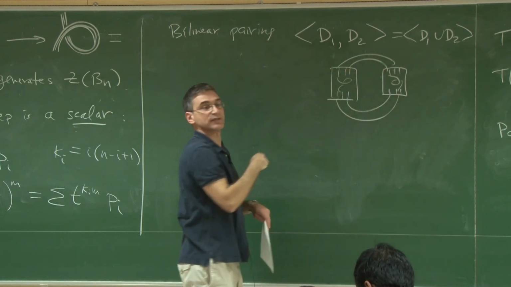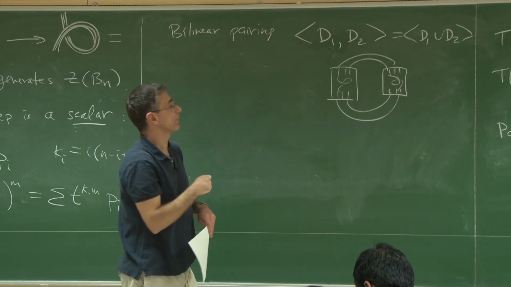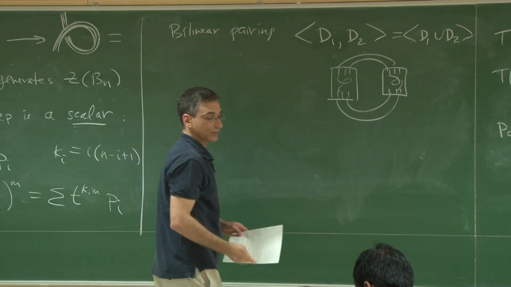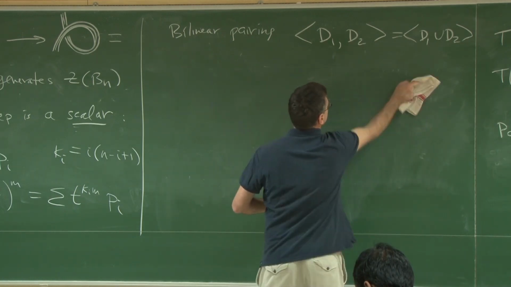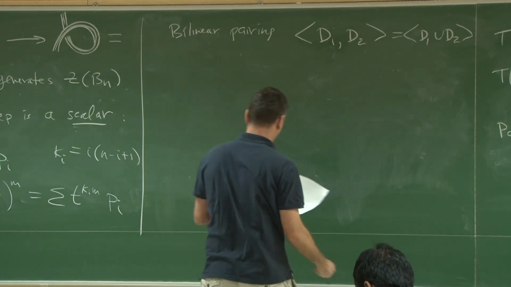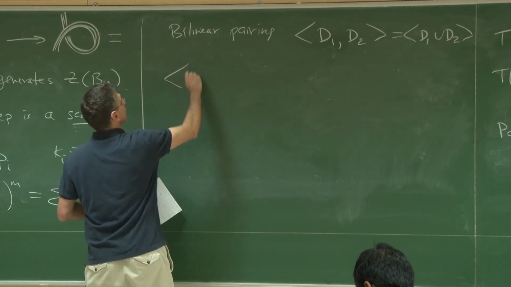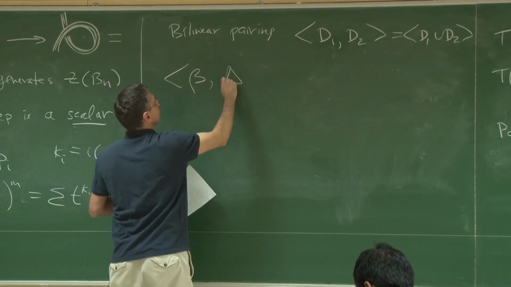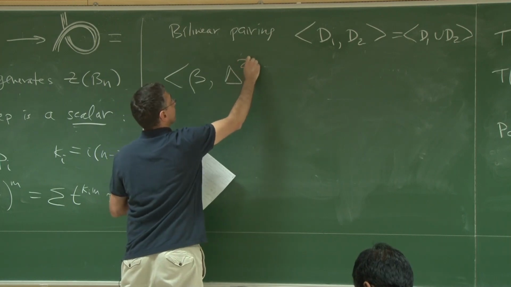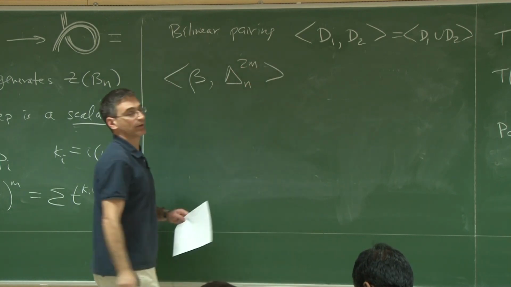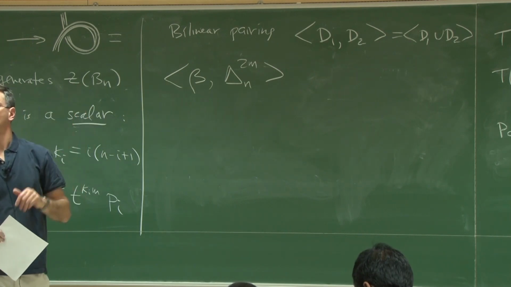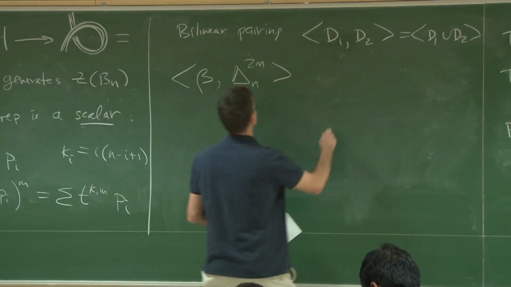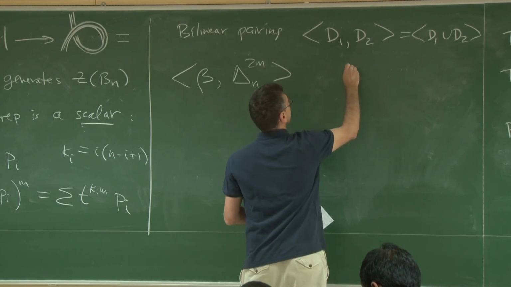Right? I take this bilinear pairing. In this bilinear pairing, here's what we can do. I can take any braid beta and take the full twist in the braid group and pair it. So take any braid and add a full twist. Okay? Right? So this is of the form